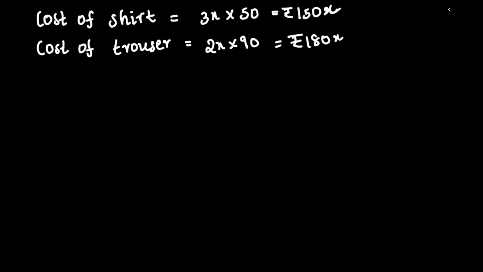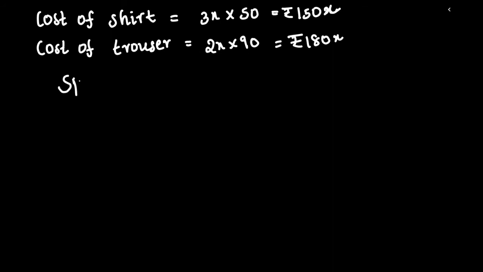Next we have to find the selling price of the shirt and trouser. We have got the cost price. With cost price and profit percentage given, we find the selling price of the shirt and trouser, add them, and equate this sum with the total sale, 36,600. Then we can find the value of x, and from that we will get the trouser material and shirt material length. How many meters are these? So let us simplify it.